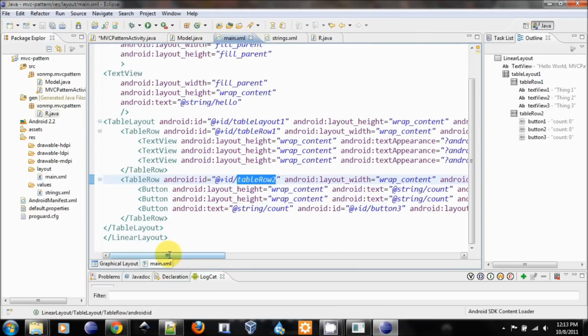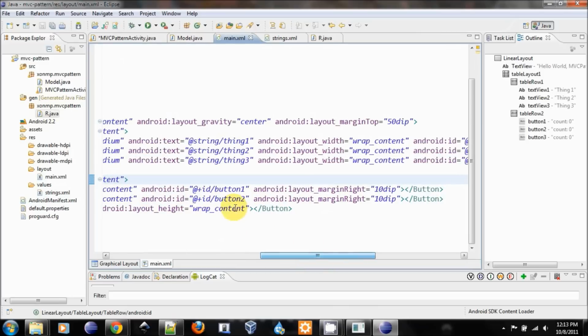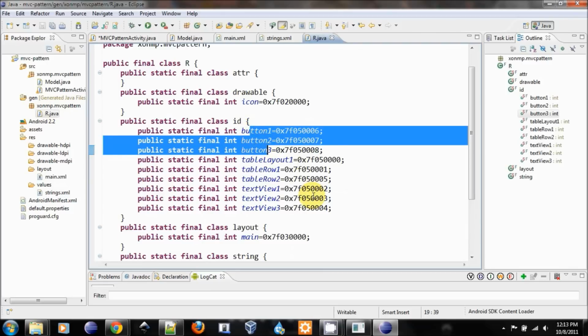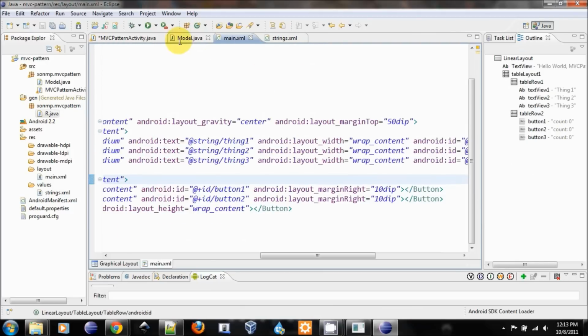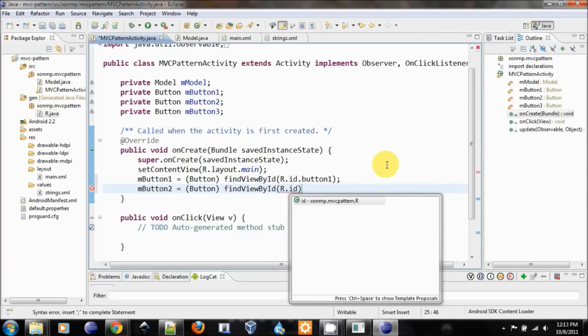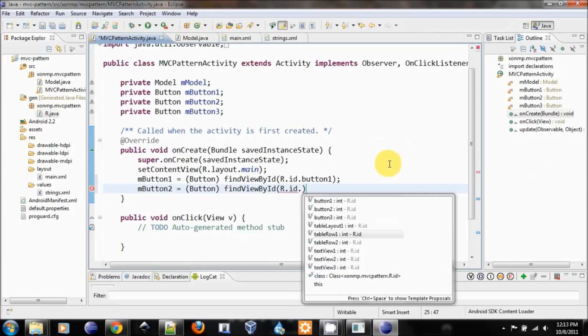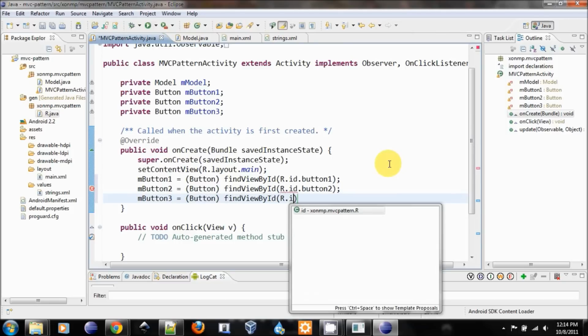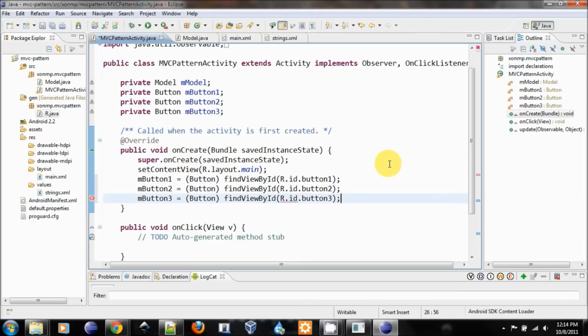So here we have button 1, 2, and 3. So you see add ID button 1 and 2 and 3, and if you look in here, there they are. So it will automatically reference to it. When you type R dot, and then Eclipse will help you find it, dot again, and it will list all the ID that are available to us. So this is button number 2, button 3. Okay,